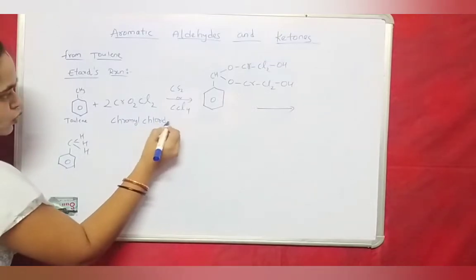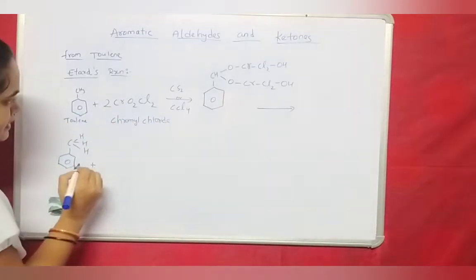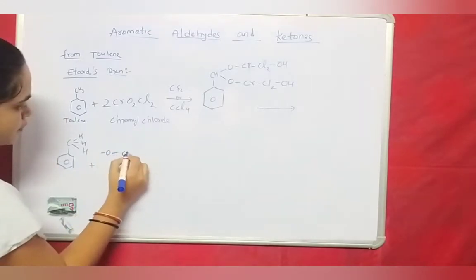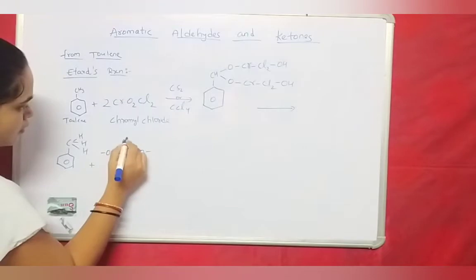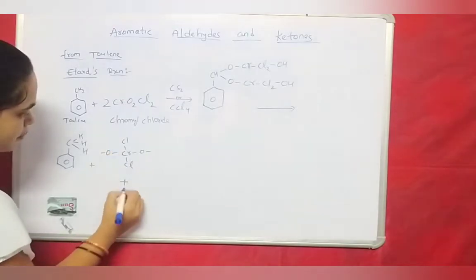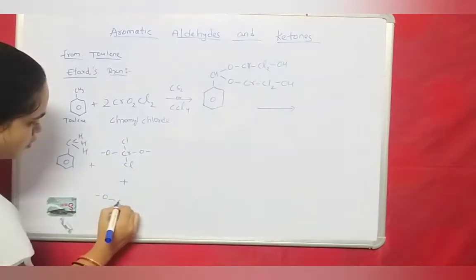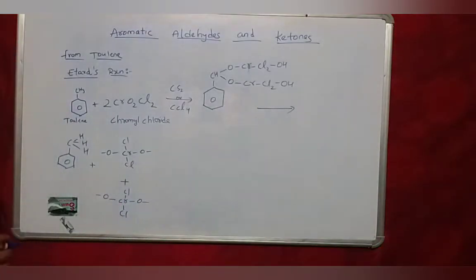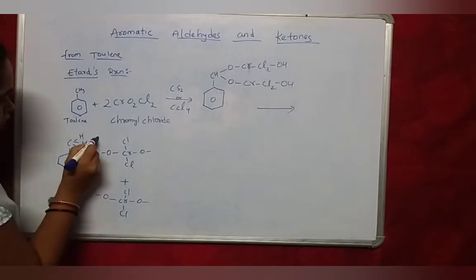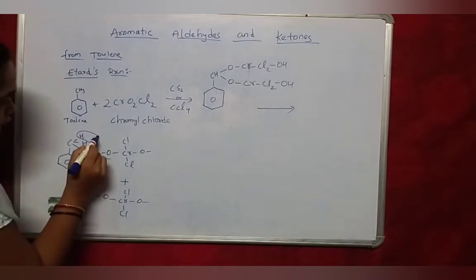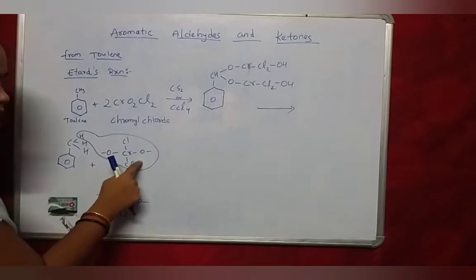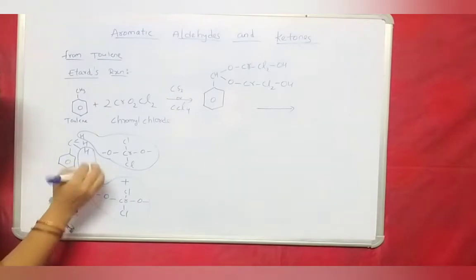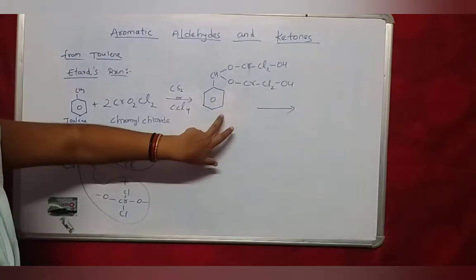When toluene is treated with two molecules of chromyl chloride, see this is the structure of chromyl chloride: O, Cl, Cl plus O, chromium, Cl, Cl. When one hydrogen along with this chromyl chloride complex, another hydrogen along with this chromyl chloride complexes, forms an unstable